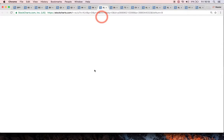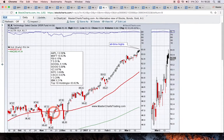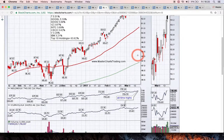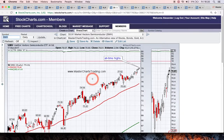So here's that part, which is the technology sector, XLK. The composition is slightly different than QQQ, but pretty similar. Also, all-time highs, very strong move, just an enormous move off the November lows. And again, I don't see many signs of it stopping. Also, fresh all-time highs in the advanced decline line here. Within QQQ, I wanted to point out